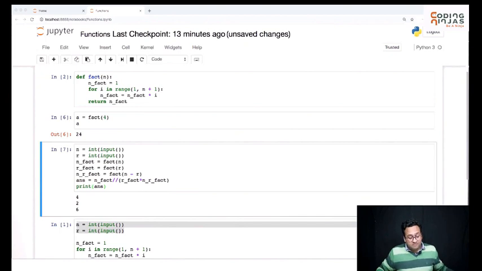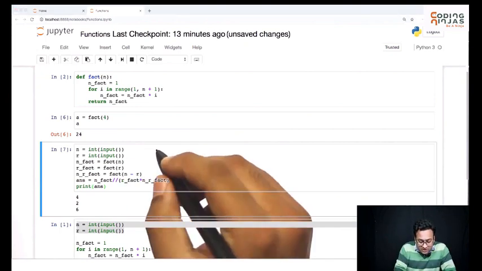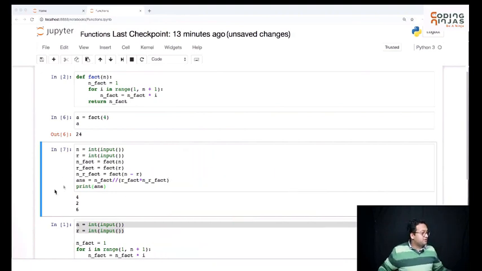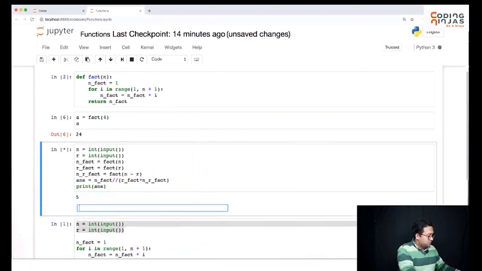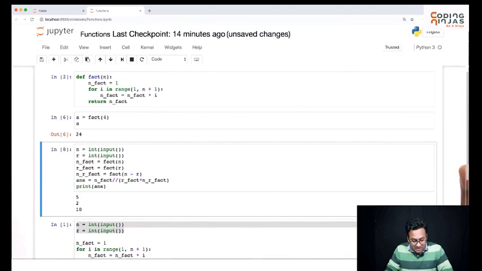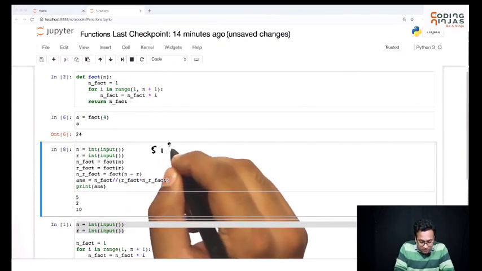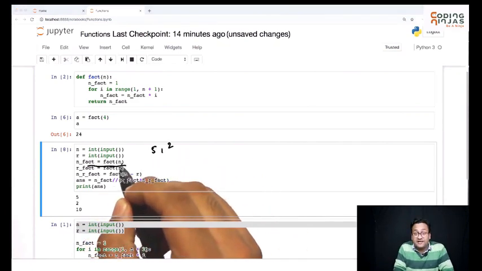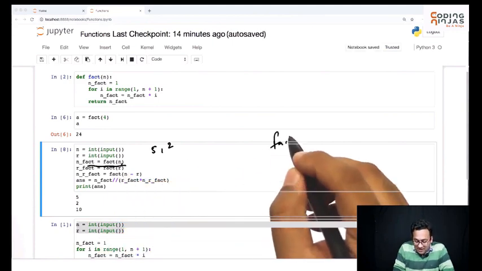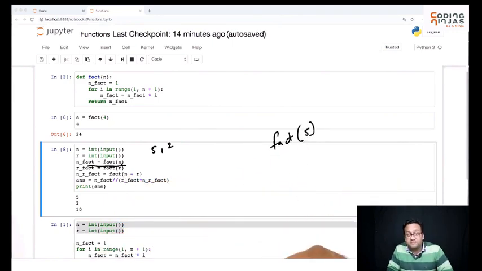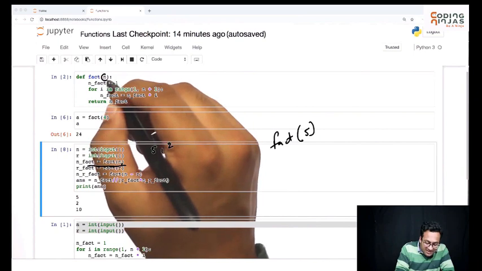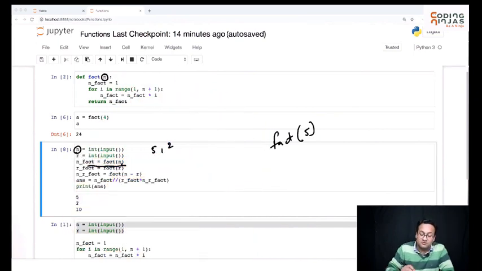Okay, so basically what has happened here is, let's look at these three calls here. So I gave n, let me run this again. Let me take another example, right? So I gave it 5 and 2. So first of all, it calls factorial n. It's saying, hey, calculate factorial 5 for me. So effectively, this n here is actually different from this n, right?